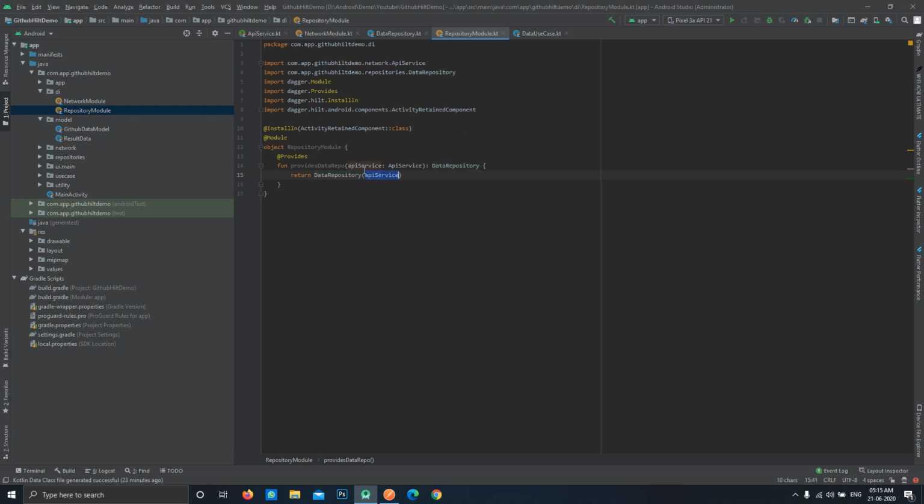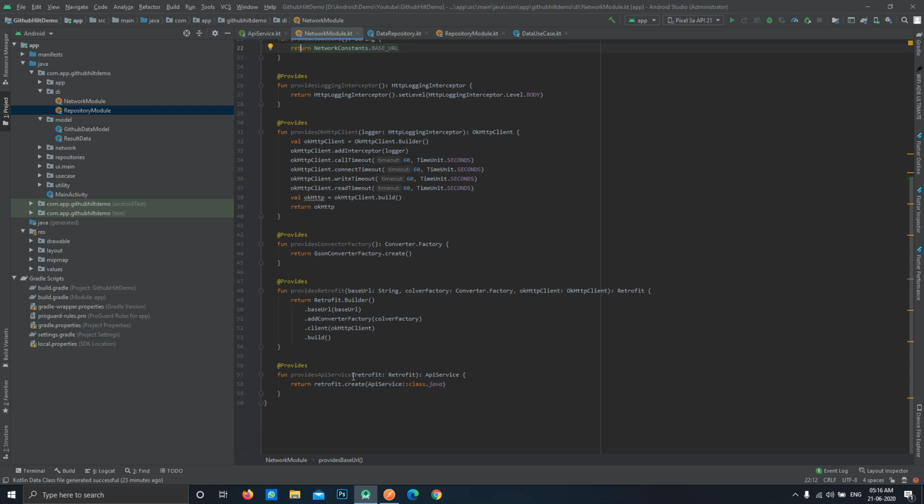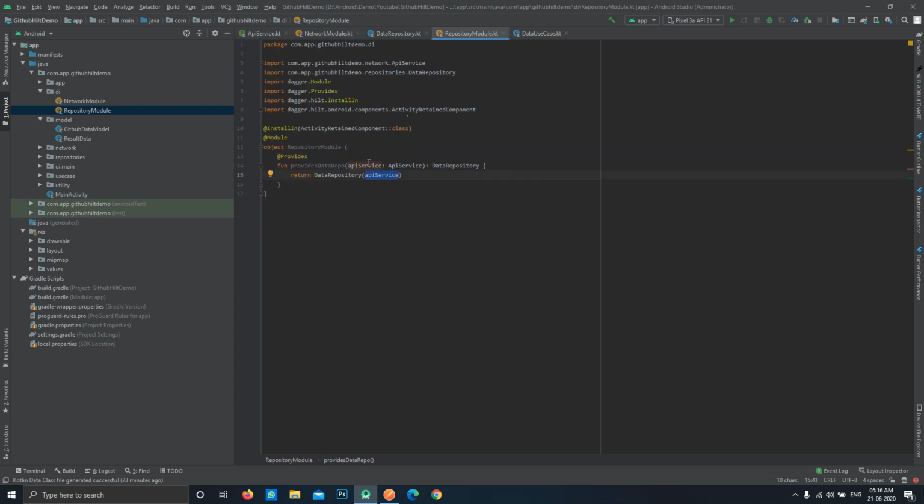If this API service instance was not created previously, and our code requests an instance of this data repository class, then it will search for the code where it needs to create the instance of this class, and will check all the dependencies required. Firstly it will create all the dependencies, then it will create the instance of our API service, then provide that instance to our data repository class, and then serve this instance to our dependent class.